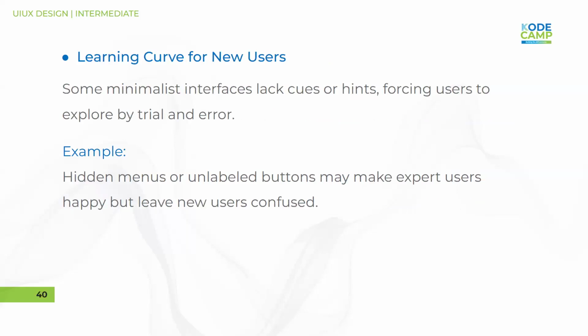Okay, so then number five, the fifth one is that some interfaces lack cues or hints, forcing users to explore by trial and error. As I said earlier, let's say a user wants to input a password. Tell the user, oh, this is the password, this is how the password should be. The requirement: I want a character, I want a number, I want an uppercase, I want a lowercase, it should be mixed like that. Don't let users